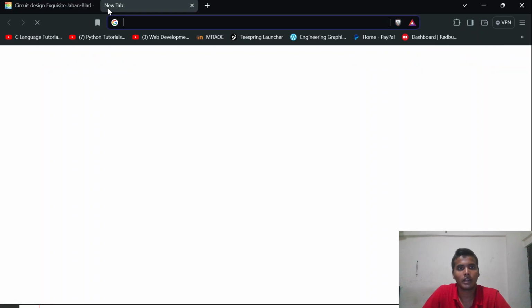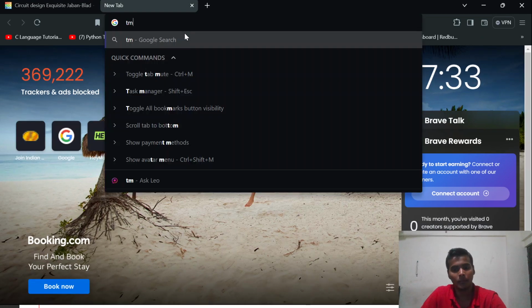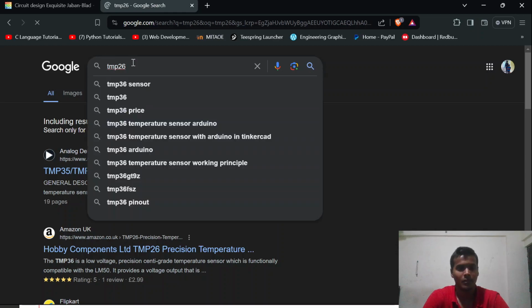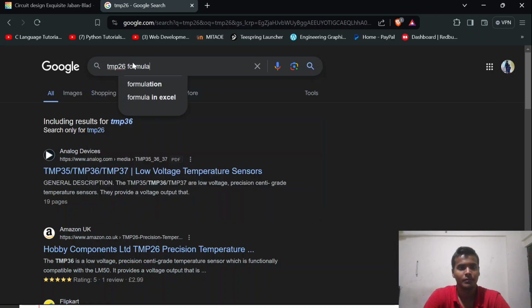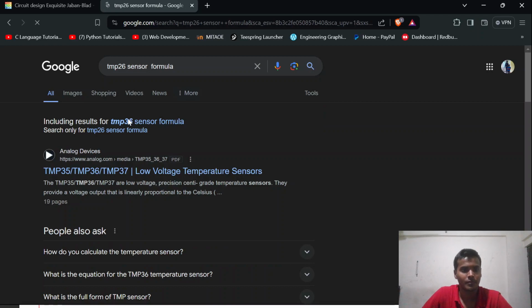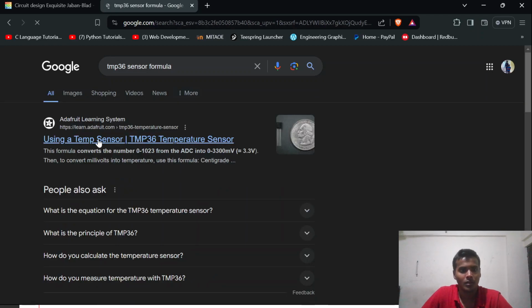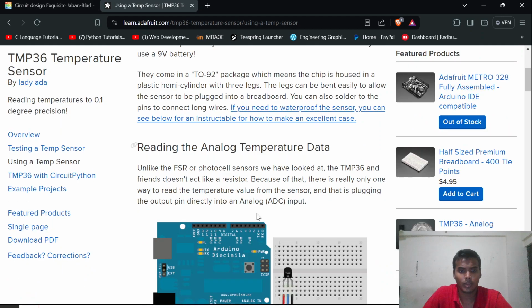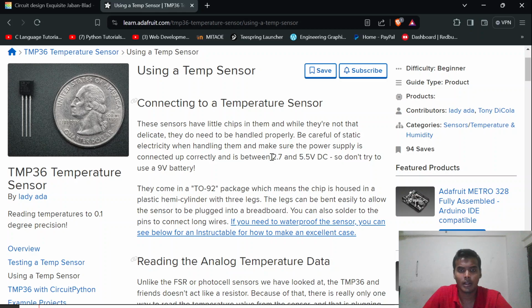First of all, we will open another tab. In that tab we will write TMP36, which is a temperature sensor, and look up the formula to convert. TMP36 sensor formula. TMP36 it was, I don't remember, that's why I write. Okay, so it's giving corrected output and it is between 2.7 and 5.5 volts, so don't try to